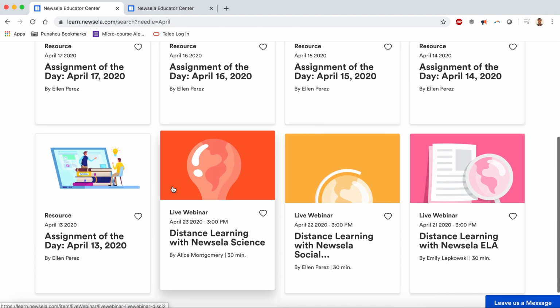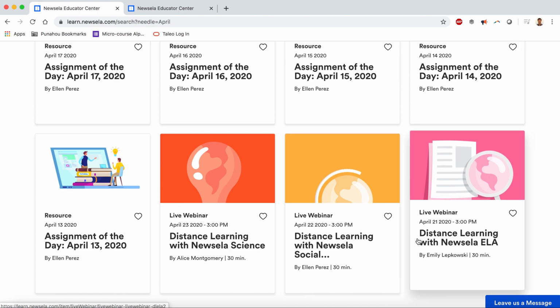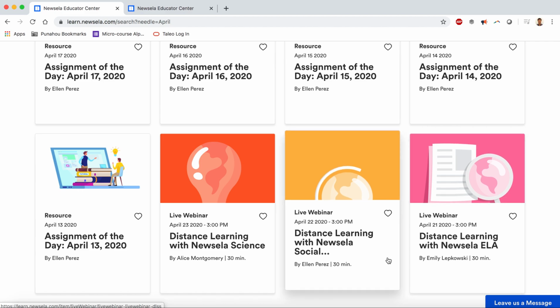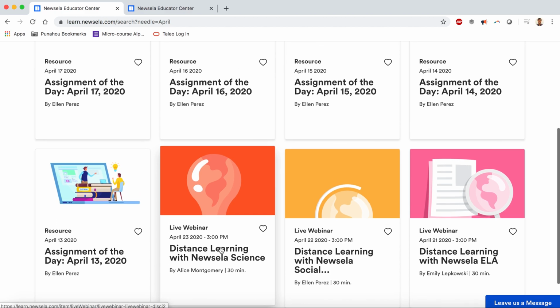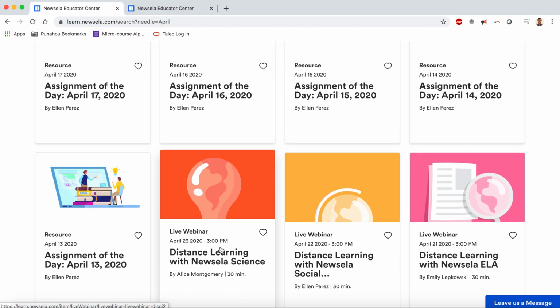So to start off, on the bottom is a webinar around This is Learning with Newsela ELA that's going to happen on April 21st, and then another webinar that's going to be Newsela Social Studies that's happening on April 22nd, and This is Learning with Newsela Science on April 23rd. And these are all live webinars hosted by Newsela staff that are really exceptional,